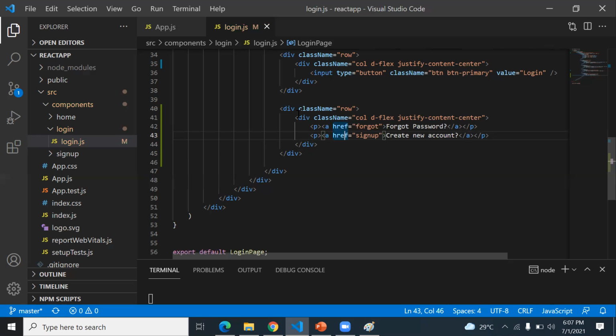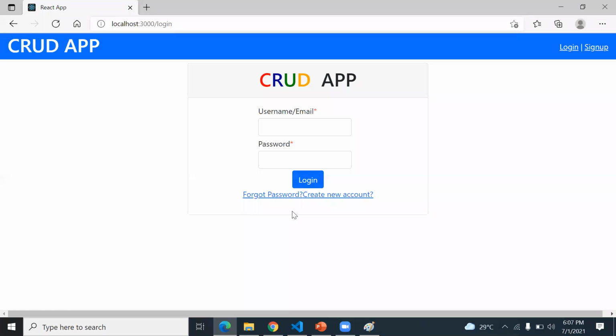Okay, actually I'm using the row column, right? That's why it's showing you on the same line. Don't worry. So we have the login page ready today, and you first prepare up to this.